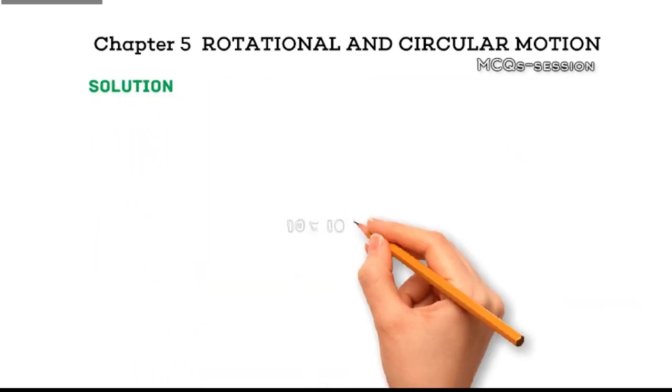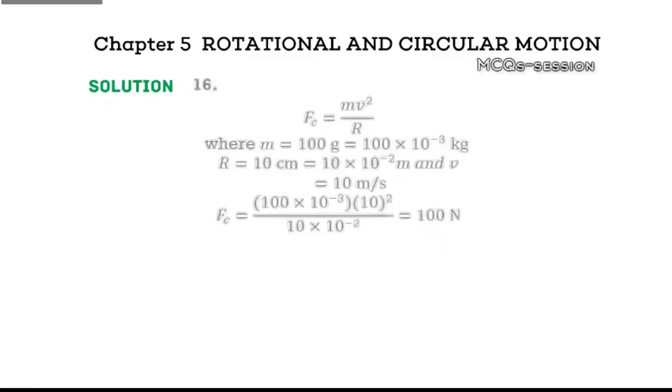Explanation. Centripetal force is given by mass times velocity squared divided by the radius. Here, mass should be converted to kilograms, 100 times 10 power minus 3 kilograms, and the radius should be in meters. The value of centi is 10 power minus 2. Plug in the values to get the centripetal force as